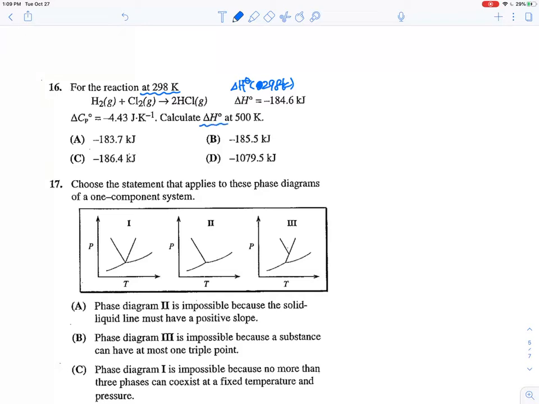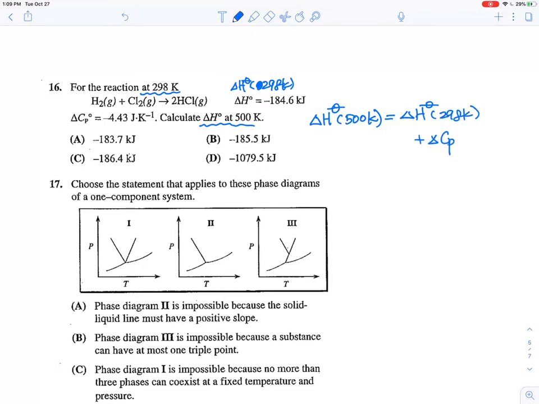And they want to calculate delta H at 500 Kelvin. So once again, this standard state was defined at 1 bar at a designated temperature, and typically the table was given at 298 Kelvin, and they wanted to calculate what about at a different temperature, and that's 298 Kelvin,